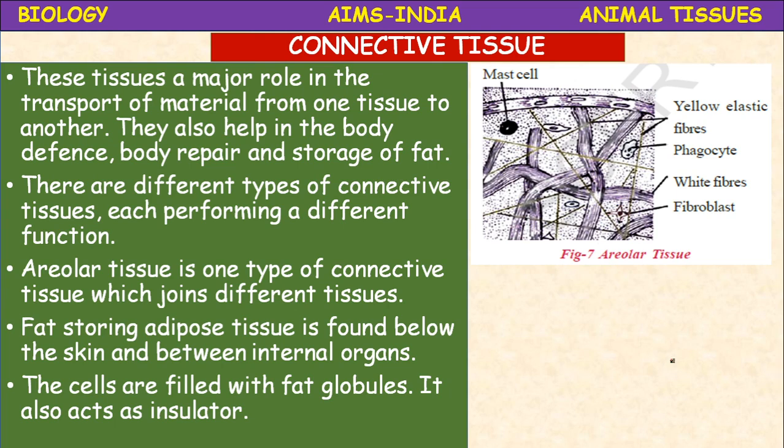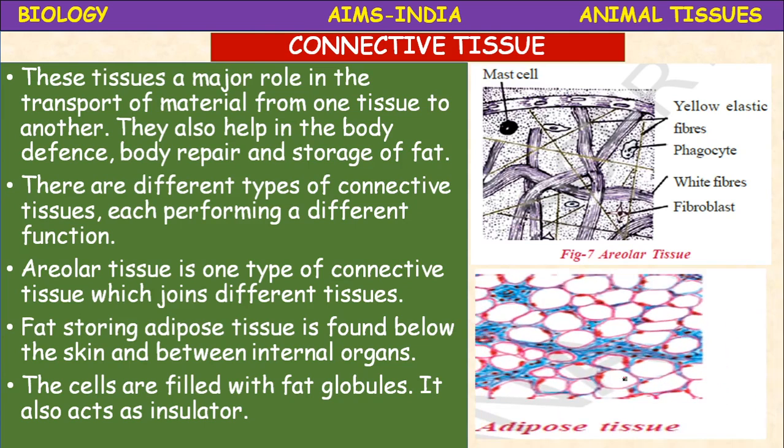Areolar tissue, you can see the areolar tissue, it is a loose connective tissue. Loose connective tissue consists of areolar tissue and adipose tissue, these two. Okay, the areolar tissue is present under the skin as a subcutaneous tissue, means just below the skin it is present, and in between and around muscles, nerves, and blood vessels, and between the lobes and lobules of compound glands also this areolar tissue is present.